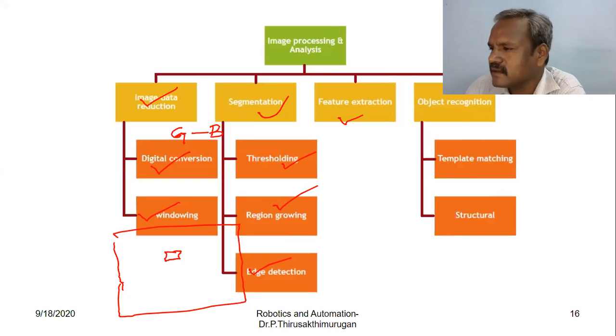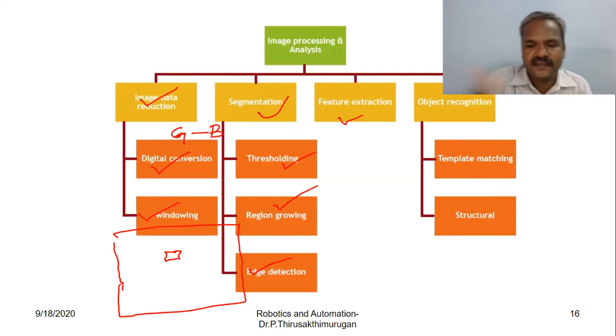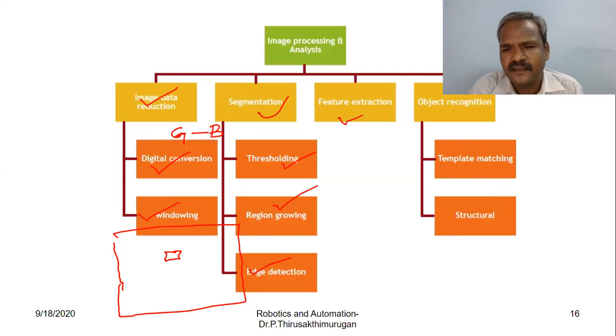For example, the image can be divided into many individual parts, as we did in the previous problem. So those individual parts can be structurally grouped to identify a particular object.